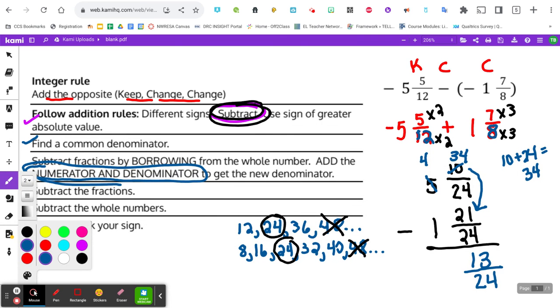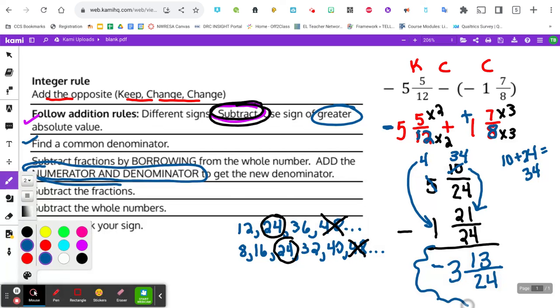I have to come over here and subtract my whole numbers. 4 minus 1 is 3. But I'm not done, guys. Remember, we've got to check that sign. We have to use the sign of the number with the greater absolute value. Well, we have a -5 and a +1. A -5 is going to have greater value. So our answer is actually a